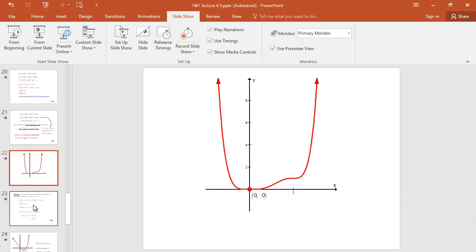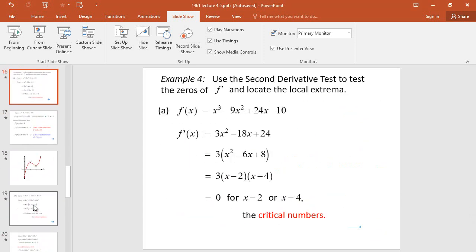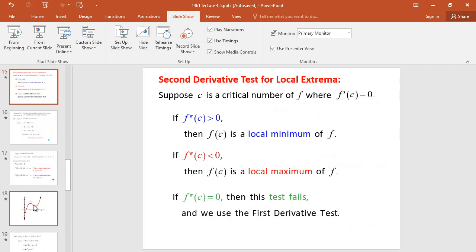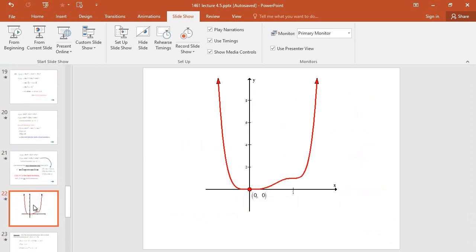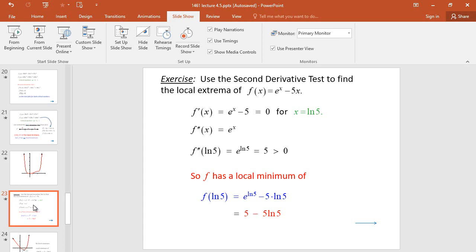Welcome back. In the previous theorem, we looked at the second derivative test to determine the local max and local min values of a function. We're going to apply that in another example to begin with in this video. Let's say I have the function f of x equal to e to the x minus 5x, and we want to figure out the local